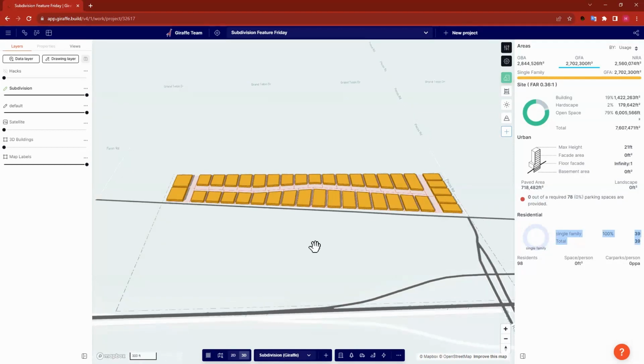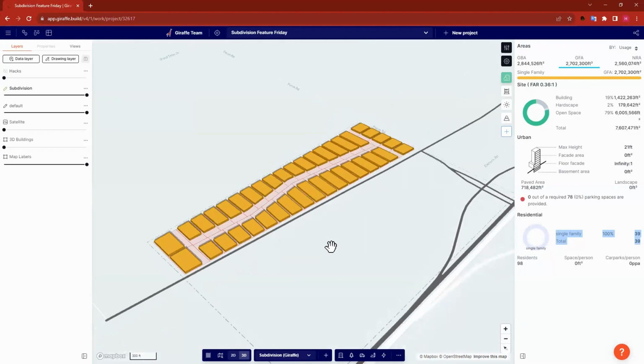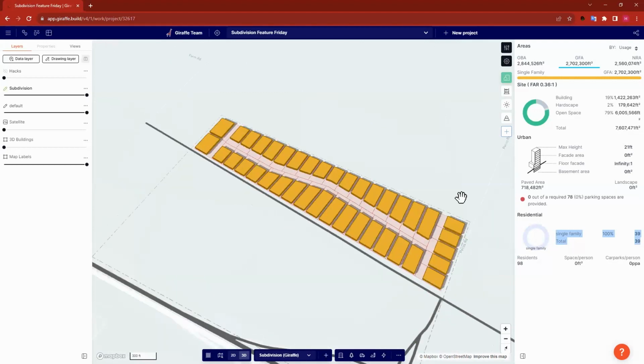So it's just like anything else in Giraffe. If you were to manually draw this versus using the help of the algorithm, you're going to get those metrics coming out at the other side. One last thing I did want to show with this. So right now we are assuming